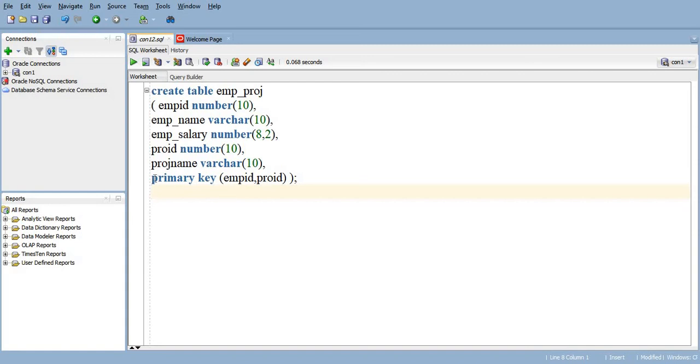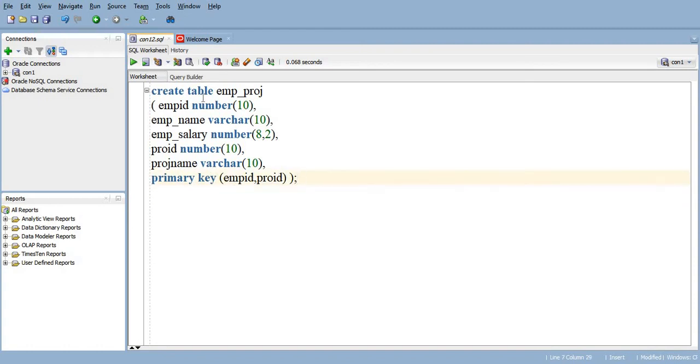And see, there is a difference in the syntax when we are defining a composite primary key. In a simple primary key, we just put the keyword primary key after the definition of that attribute. But now we need to give the keyword first, and after that we need to give the combination of the various attributes.